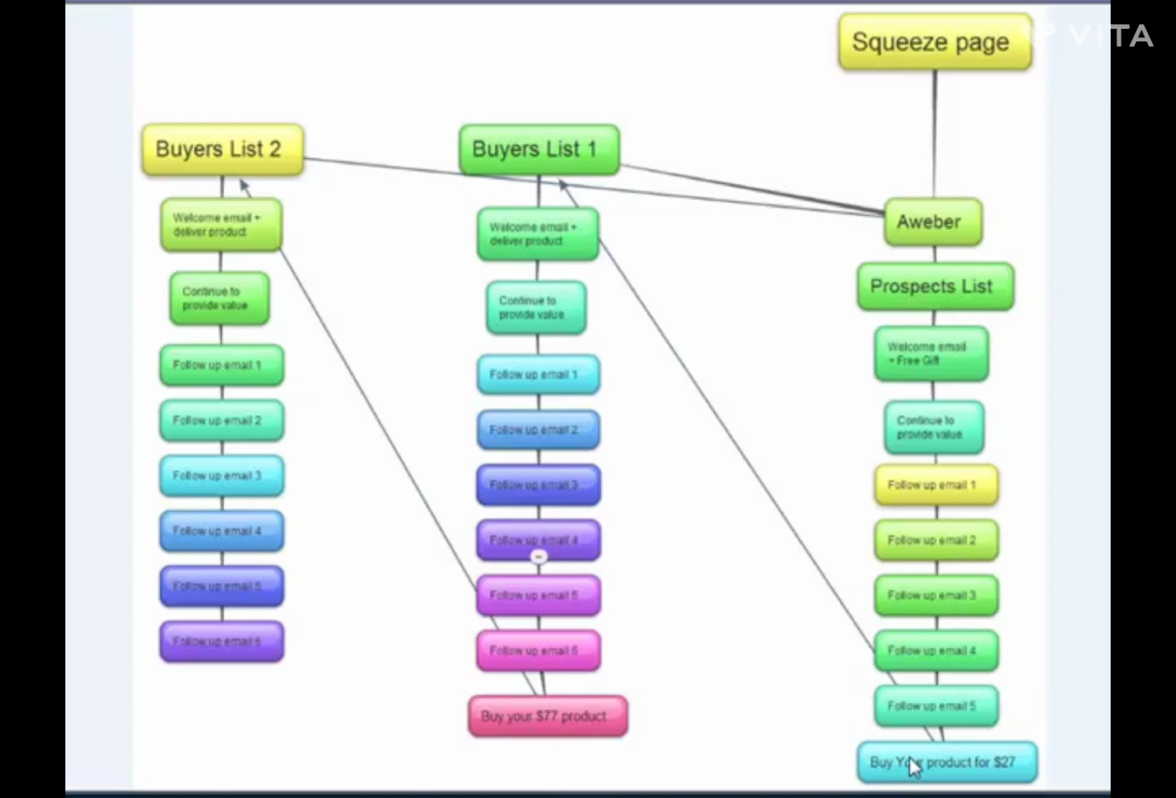After they've purchased your low price product, as I said earlier, they get transferred to your buyers list, and then they go through your emails, and if they buy your second product, which is maybe at $27, they then get transferred to buyers list number 2. All of the customers in your buyers list number 2 have purchased your first product and your second product. So your buyers list number 2 are going to be your most valuable customers,